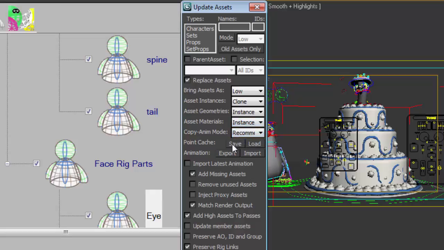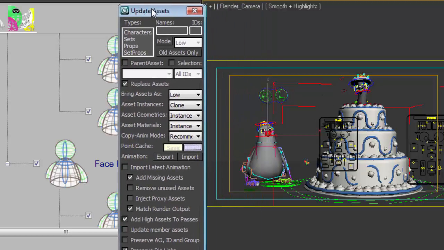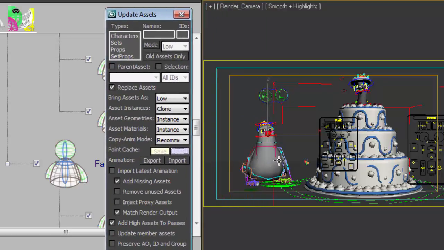You can save and load point caches, basically geometry caches, and you can export or import baked animation for the rigs. We rarely use the export and import anymore because we don't really need to bake the rigs. Baking breaks the rigs, and it's like a one directional kind of operation. The update asset can just copy the animation curves from each rig to its counterpart while preserving the structure of